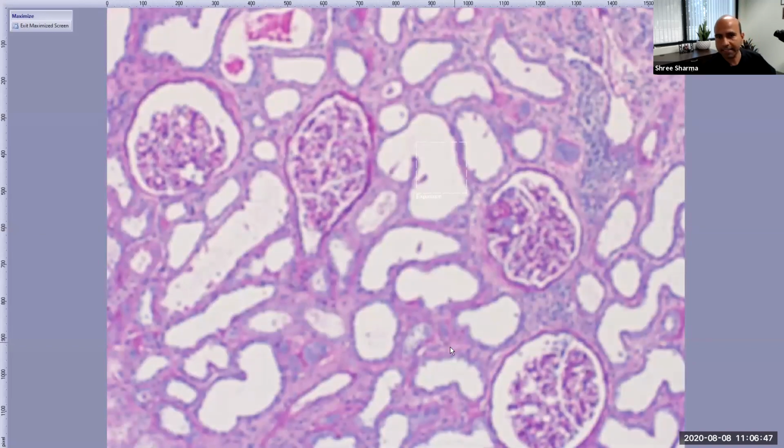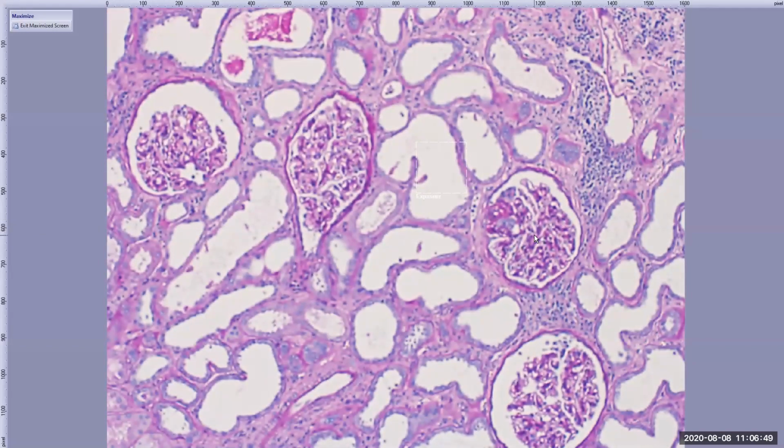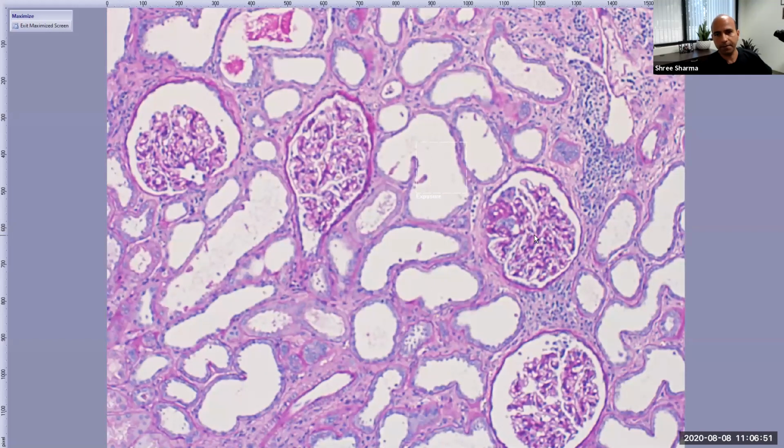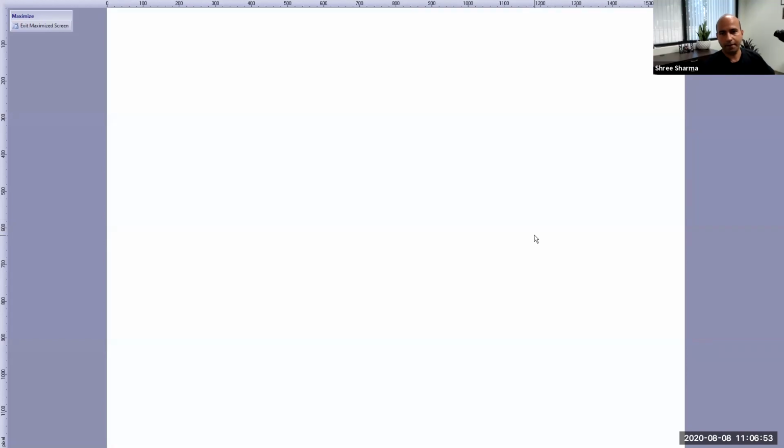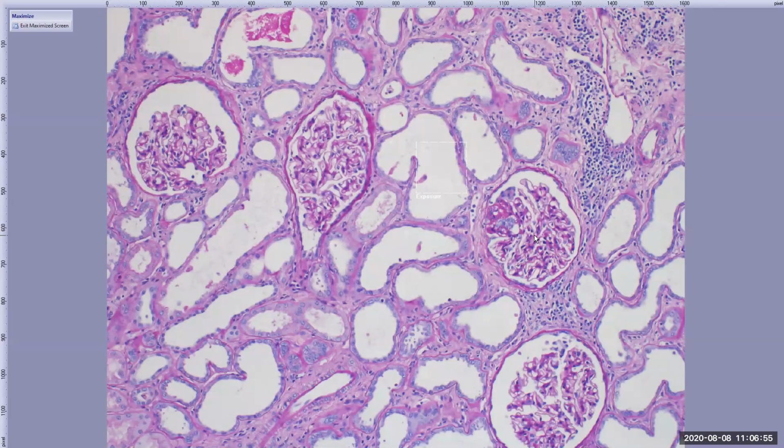So over here, I can see a glomerulus. It's a little bit blurry for us. Okay. I think maybe it needs to be focused just a bit. Yeah, that's better. Now? Yep. Yeah. So basically,